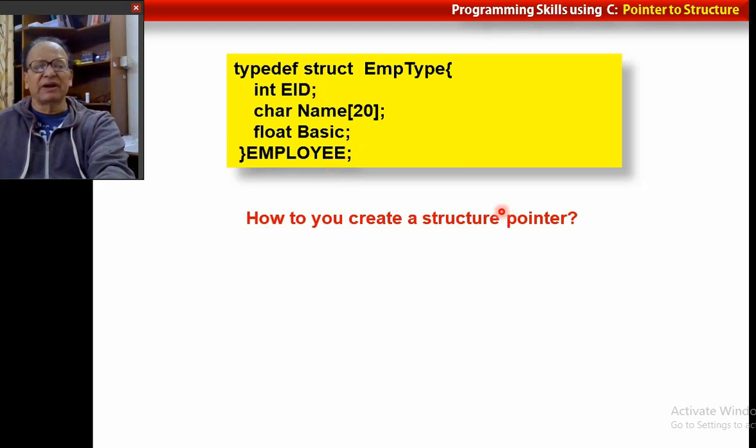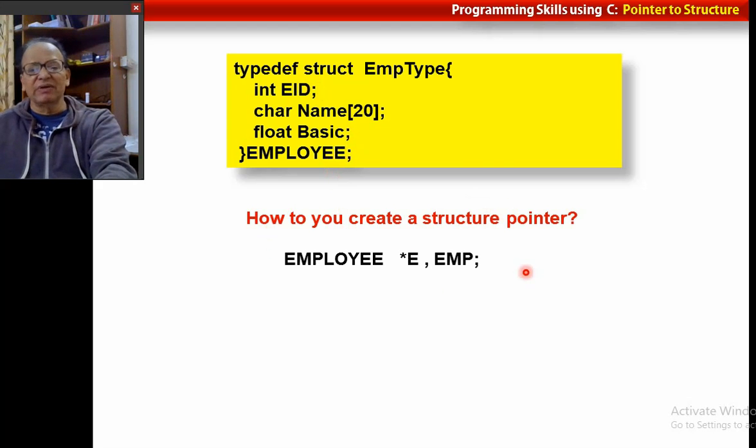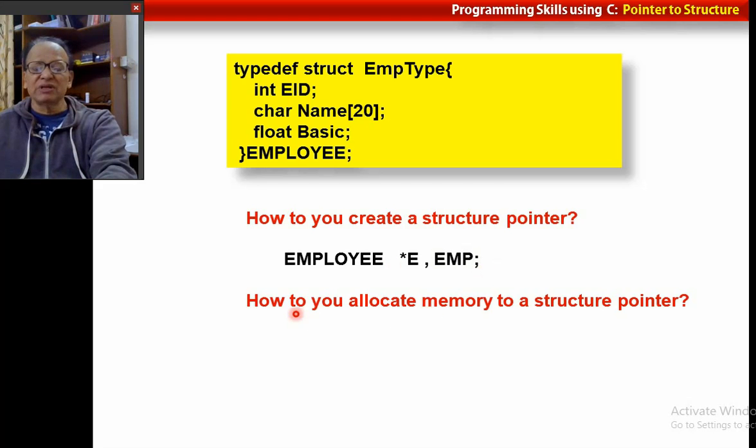In the past, we have created integer pointer and character pointers. Similarly, we can create a structure pointer in a similar way. For example, here, employee star E. Therefore, E becomes the structure pointer and EMP is the regular variable. Now, next question therefore is, how do you allocate memory